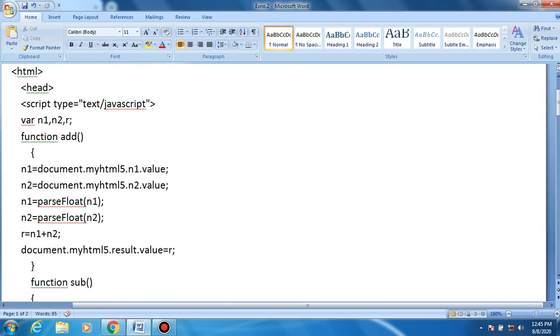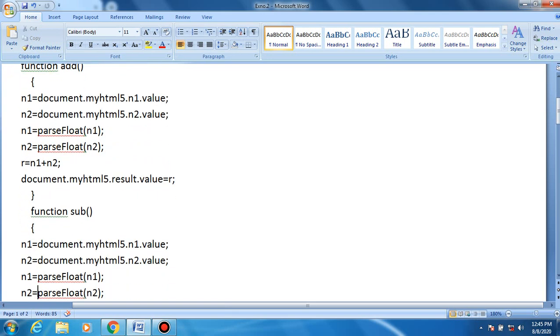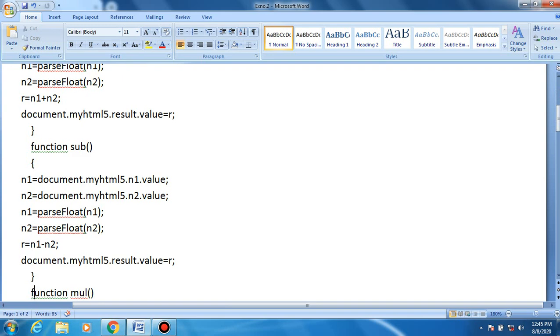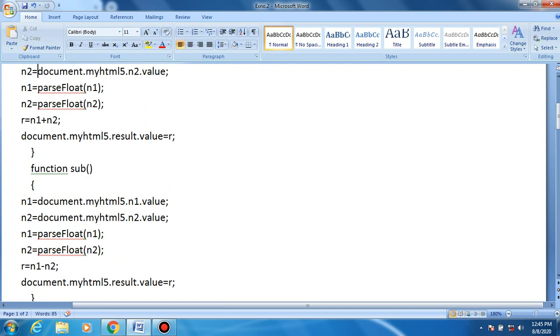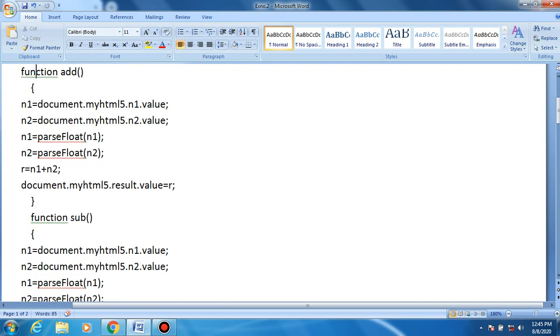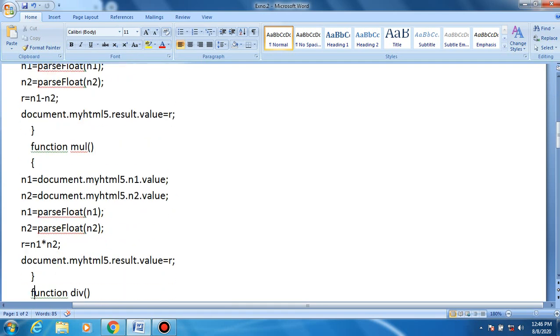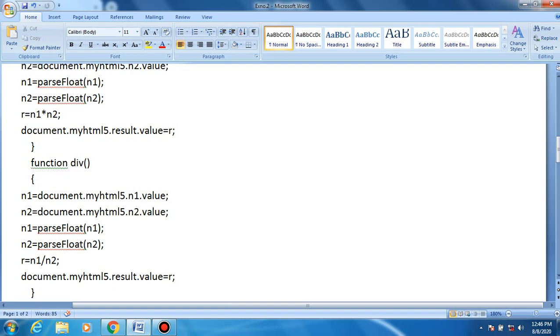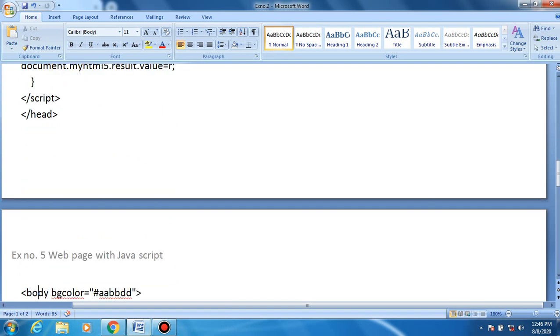In this program we discussed 4 different types of functions: the addition function, subtraction function, multiplication function, and division function.